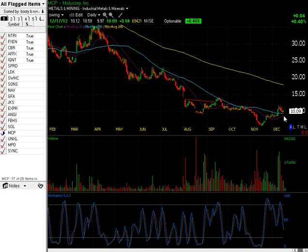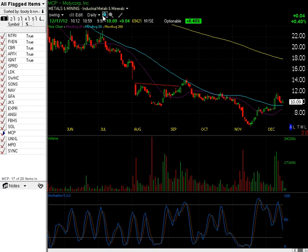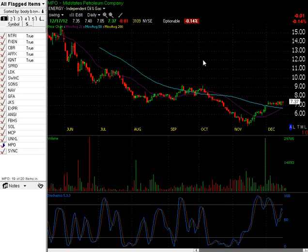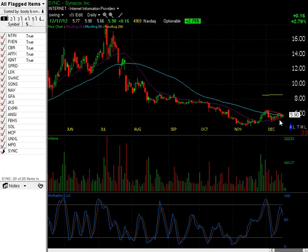MCP, I'm still watching for the bounce here. It's resting right on the 50. It's just had a low volume pullback here. UNXL, still watching. This one's going to have another thrust on it. It's not dying yet. MPO, red hot, just chilling over this 7 spot. And then Sync, coiled up like a